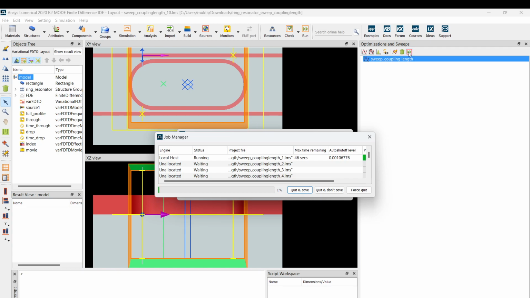By doing this, we'll know for what coupling length we'll get which resonant wavelength, and all those things. When will the coupling be maximum? Anytime you want to simulate a device, you can always look up the ANSYS website to see if they have an example similar to that, because that will help you in the initial setup.